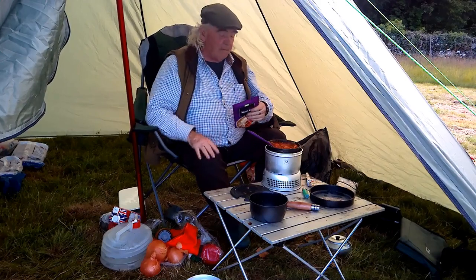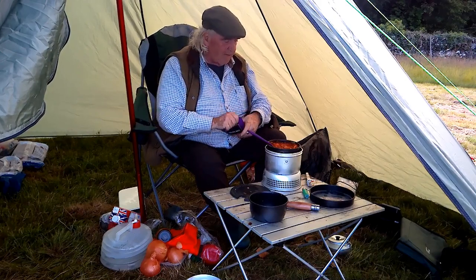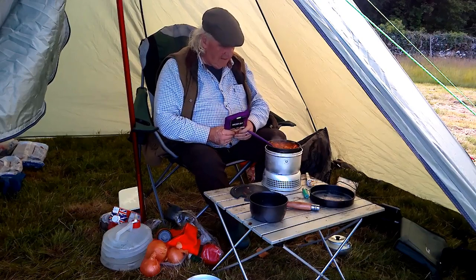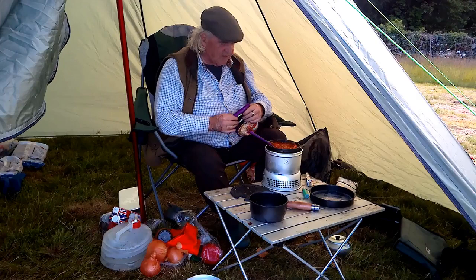That's me starting to get bothered with midges. I didn't think we'd get bitten by midges up here. Yeah, well, I'll get this done and then I'll...